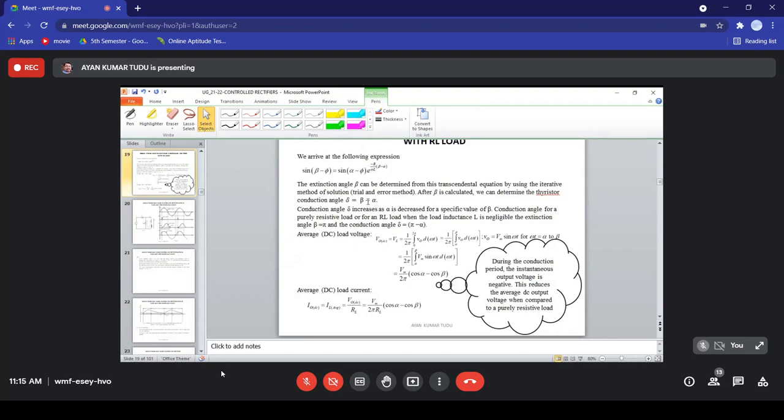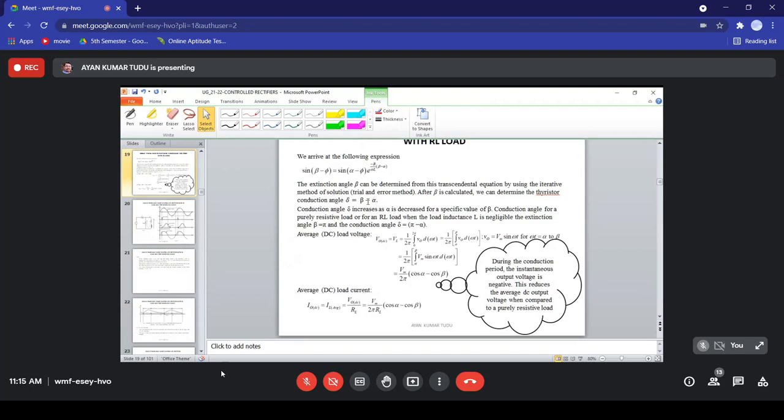Obviously we can understand that if you are given a transcendental equation and you have to solve it by the iterative method, it will take a huge amount of time. So that's why, generally, in our semesters we'll be giving the value of beta, and you may be asked to find the other part, that is, you may be asked to find the value of alpha. Like that, we can give any problem.